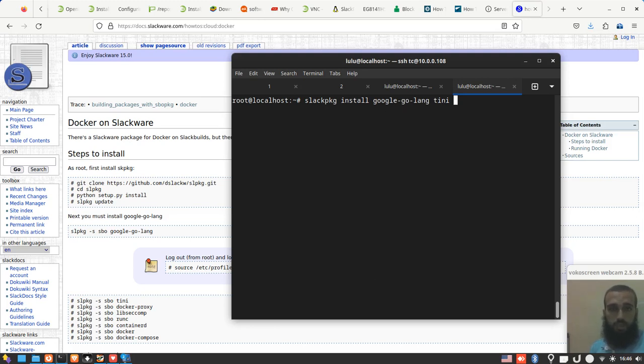We may reinstall or install Docker on another Slackware machine, but using different methods. So the ones that I believe exist in the third-party Slackpkg Plus repositories are these ones. Docker